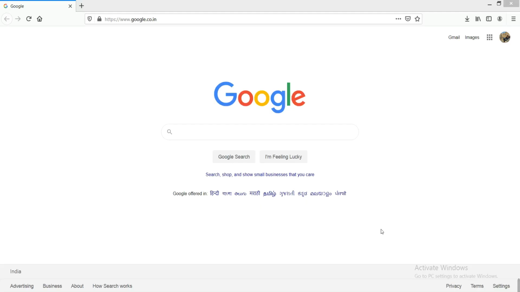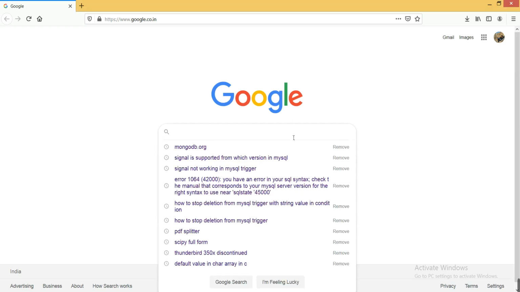Hello all, this is Vijendra Gaikwad and today we are going to see how to download and install MongoDB on a Windows machine. First of all, on Google, we'll need to type